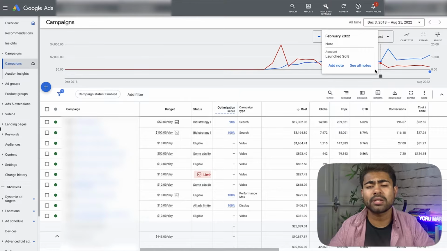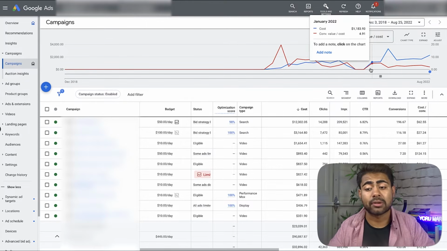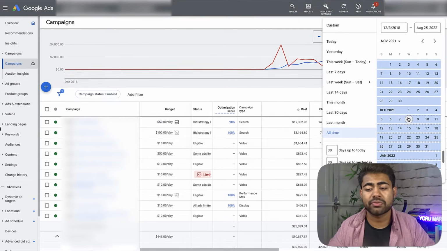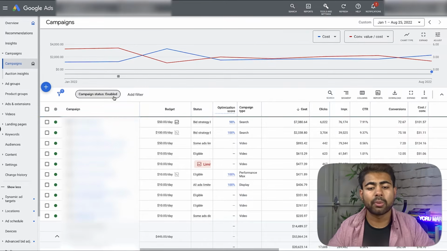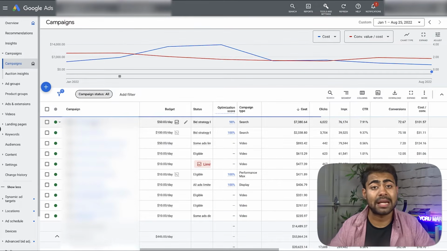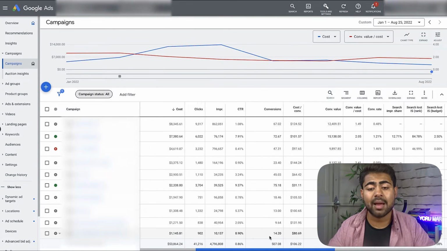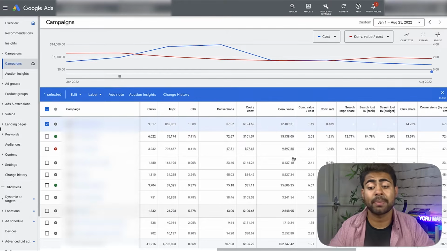start looking at 1 to 2 months prior to when the results were good, and then when it basically dropped down. So let's go ahead and look from January of this year all the way down to today when I'm recording this video, which is basically August 25th. So from January until today, we want to look at all of the campaigns. That's what I'm always doing, by the way, just to get a general idea of how everything was performing, what was working the best. So during this time period, it looks like this first campaign, which is a PMAX campaign,